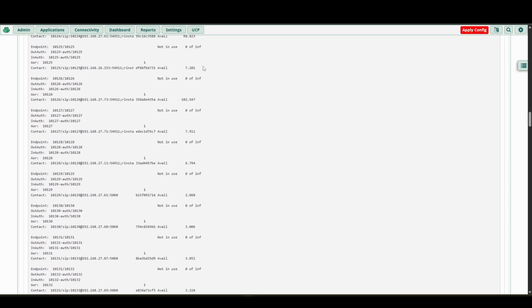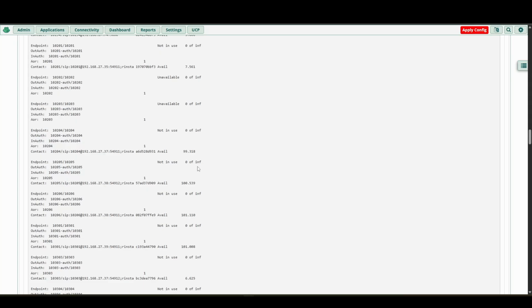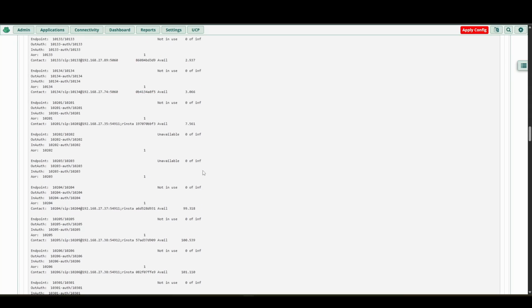So hopefully that helps. The asterisk info page should help a lot in telling you whether or not IP speakers are registered or not. Now, the reason an IP speaker is not registered could be due to many things. It might not be getting any PoE, so it might not be powered on at all, or that individual port on the switch might not be giving it a DHCP IP address, or maybe the cable is just too long. So it could be a number of things. It's something that you have to